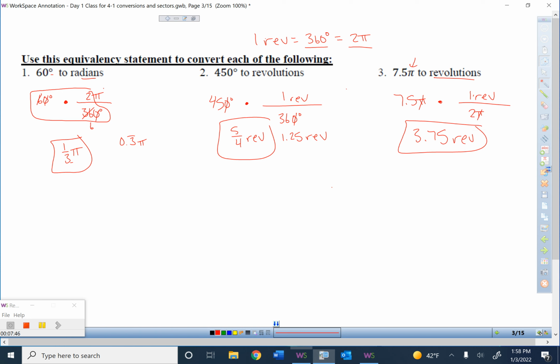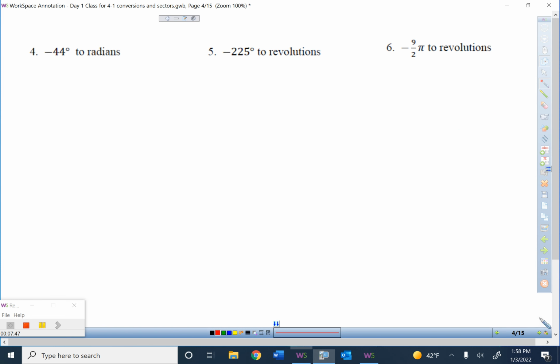All right, let's take a look at these next ones. We're just practicing with these to get more familiar with switching forms here. This negative that you see represents we are going clockwise instead of counterclockwise. Okay, we learned in geometry when we're talking about rotations, when we're measuring with a protractor, we always went backwards. So counterclockwise is actually standard. And then if you see the negative, it means it goes the other direction. It goes clockwise. So we're going negative 44 degrees, or 44 degrees clockwise,